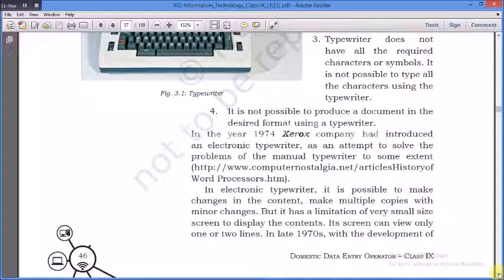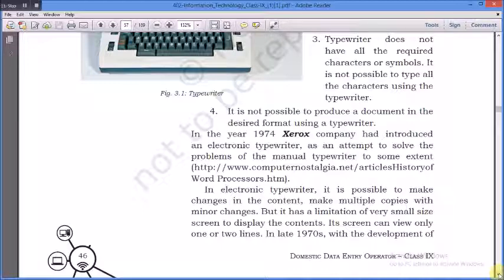This was removed with the help of the electronic typewriter, but we have to make multiple copies with minor changes. It also had a limitation of a very small screen, which may be smaller than the phone we use today.